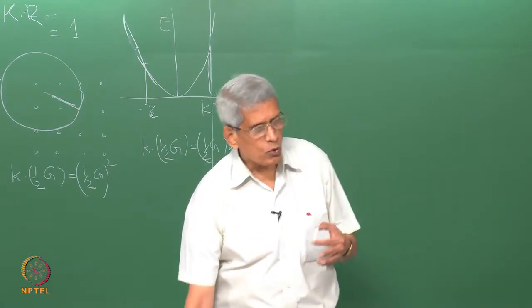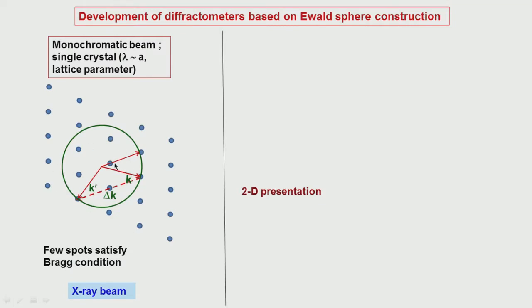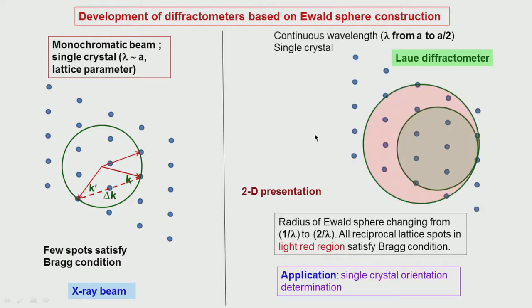Okay. So, in such a case, if we make a diffractometer like this, hardly any spots will come. If you want more spots, there is one technique called the Laue diffractometer. This is the one used to find the orientation of single crystals. If the sample is a single crystal, we will not get many spots. What do we do? We change the wavelength of the radiation. If we take a continuous X-ray, the wavelength varies from one value to another, but it comes in the same direction.